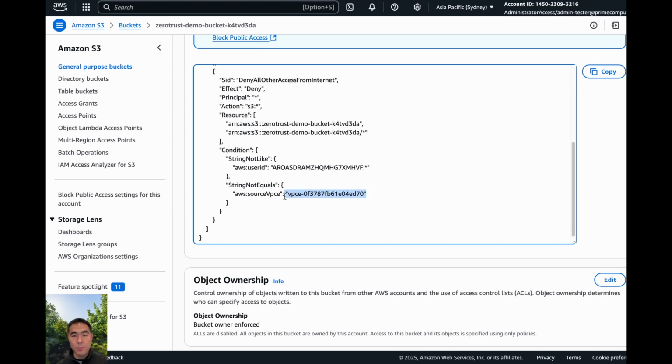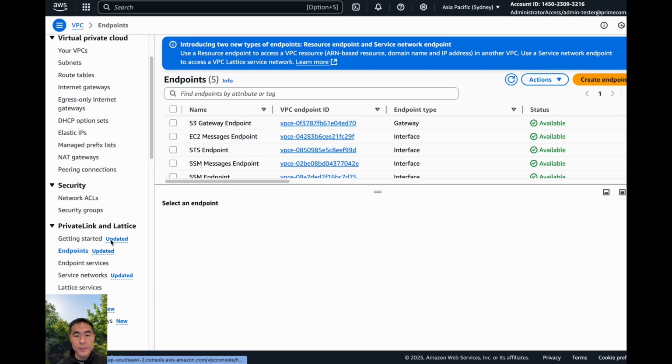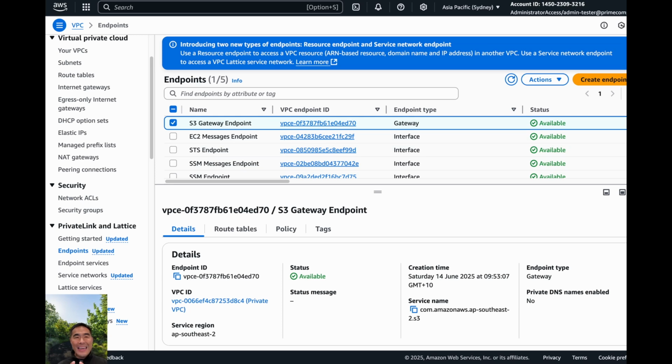What is this VPC endpoint? Go to VPC. You'll see a whole bunch of VPC endpoints here. And this ending in D70 is the one that we've used in the bucket policy definition. We're saying we're only allowing any access to our S3 bucket if it's coming from this S3 gateway endpoint. In case you're wondering what is a VPC endpoint, think of your VPC, which stands for Virtual Private